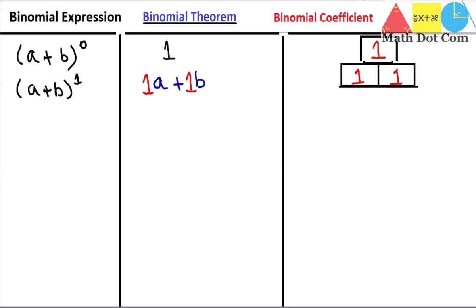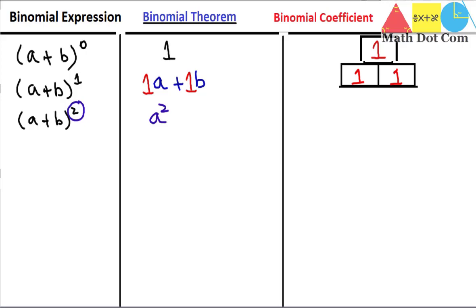Now we are moving towards the more complex expressions. Then a plus b whole squared. Here we have n equals 2. Now how will we expand it using the binomial theorem? First of all, we need to compute a and b with their exponents, keeping in mind the two points we discussed at the very start: what the powers will be, and how they will decrease or increase, and in what manner. First, I'll write the first term a. The exponent of the first term will be the power, so it will be a squared, and we have to multiply the second term with it.